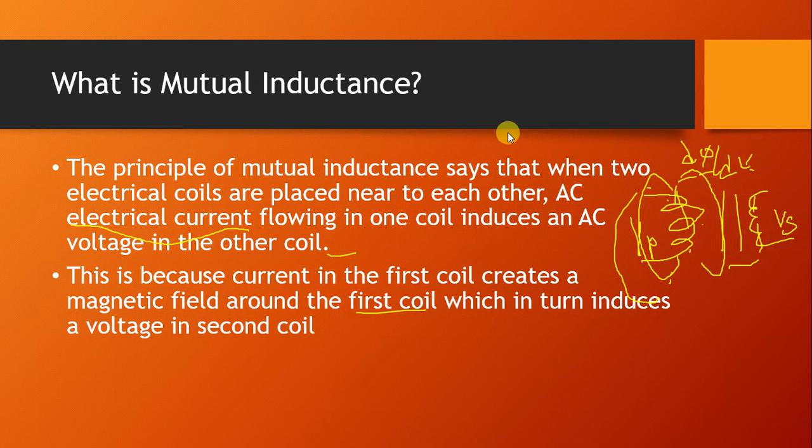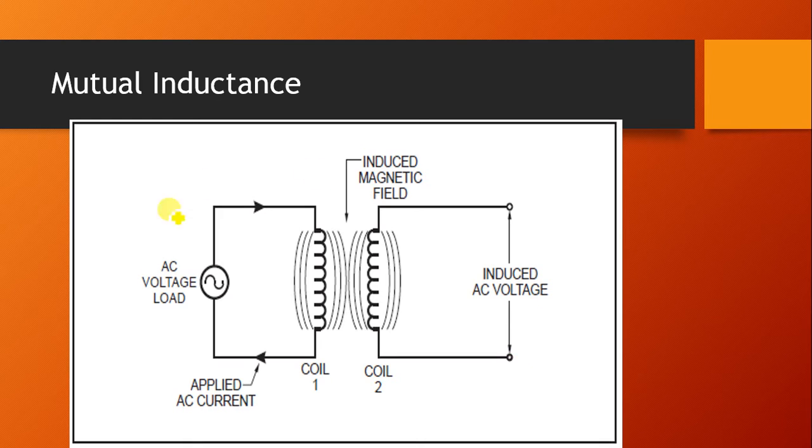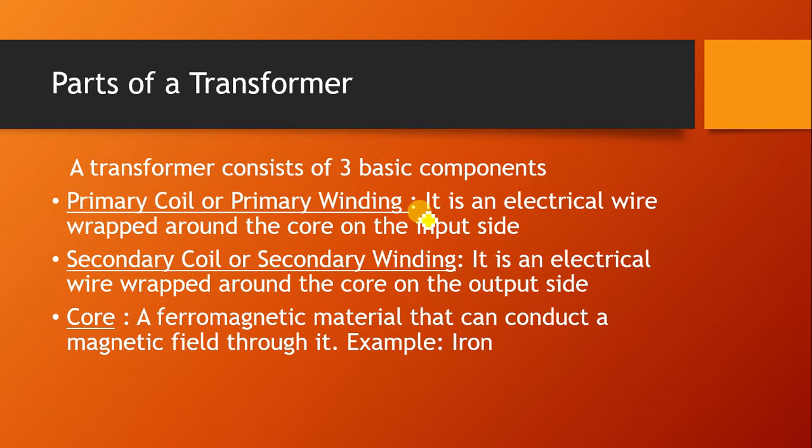Symbolically, the transformer is represented like this. You have an AC voltage in the primary. It will generate some magnetic flux through the magnetic core, which will pass and get induced into the secondary coil. The induced voltage is directly proportional to certain parameters: your length, thickness, the flux density and other parameters associated with the primary flux. Clear?